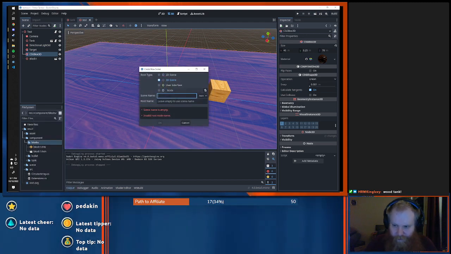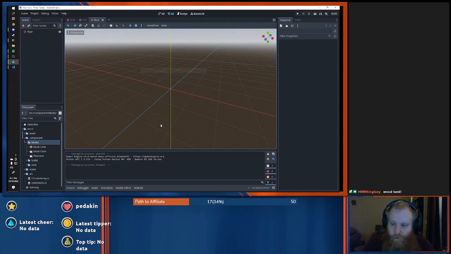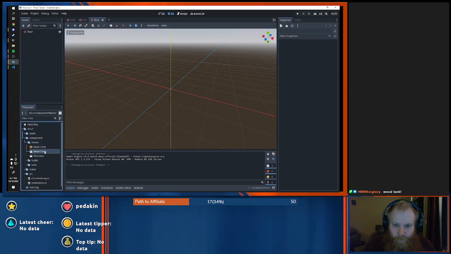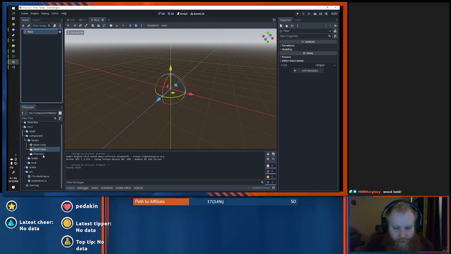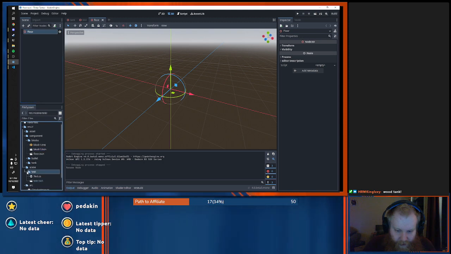Oh, I was thrown off because that interface looked different, so this is just going to be floor. All right, I like my nodes to have capitalized names, so we're going to fix that. I'm just going to make sure scene test. Okay.